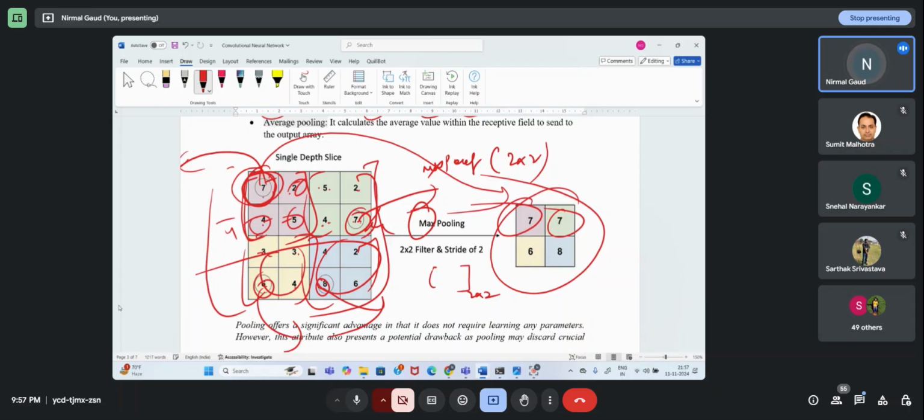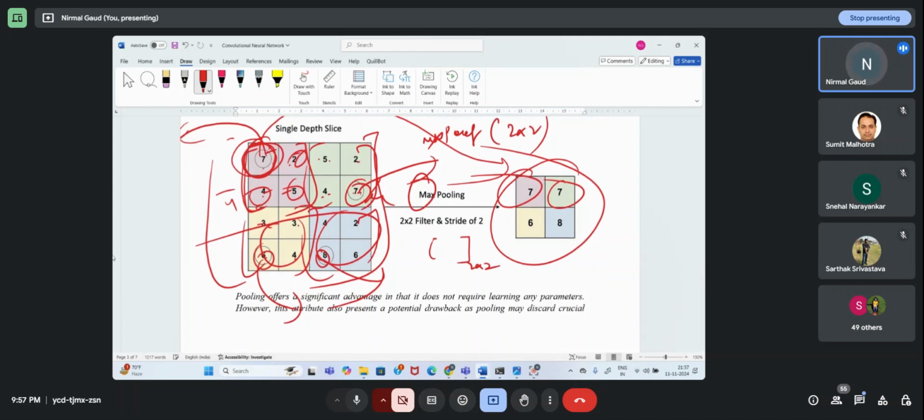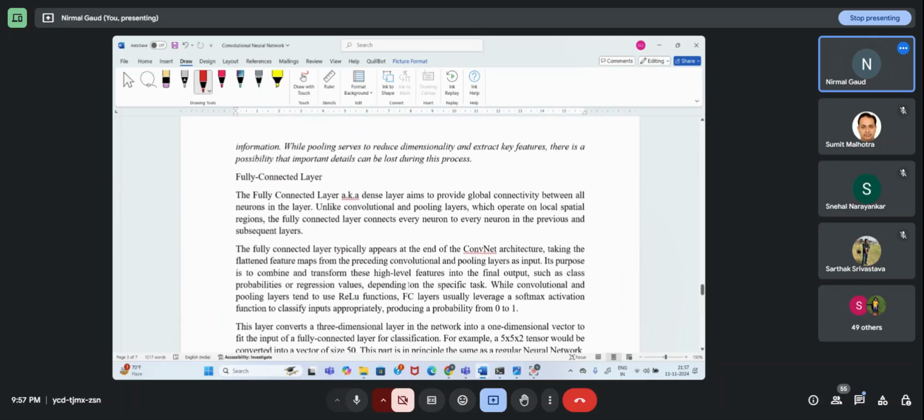So pooling is to reduce the dimension, and it depends. We use max pooling, we use average pooling. That I will tell you. There are other pooling techniques like global average pooling, which has been widely used now. I'm going to tell you when I show you the project. There I have incorporated the layers. Okay, so there's an advantage of pooling.